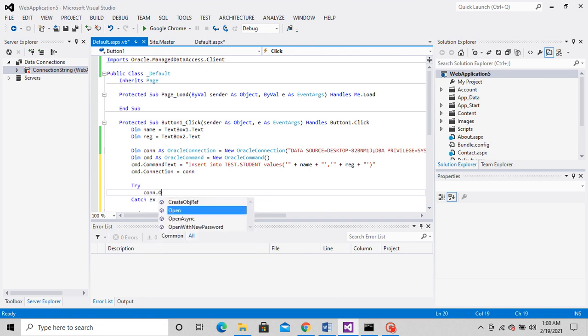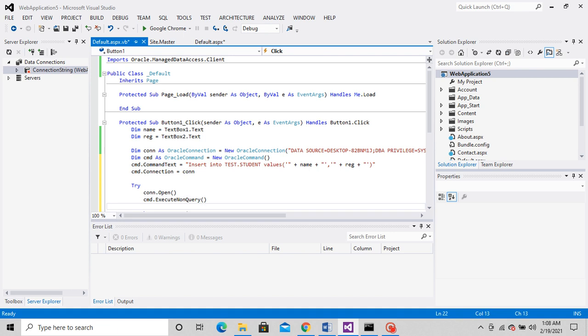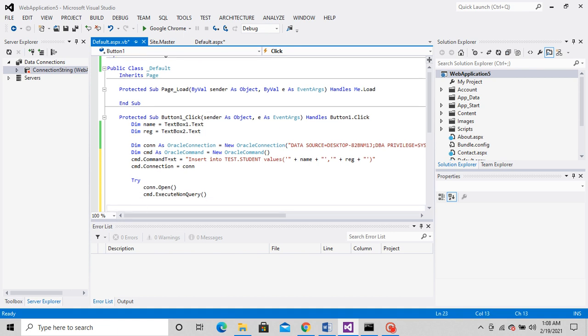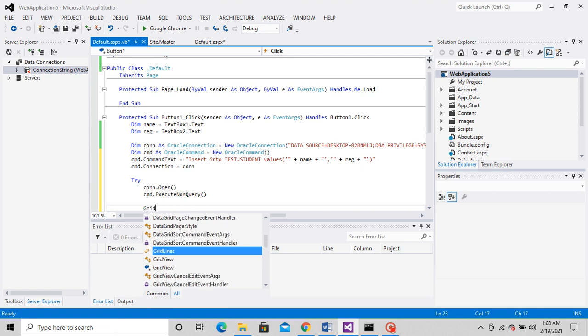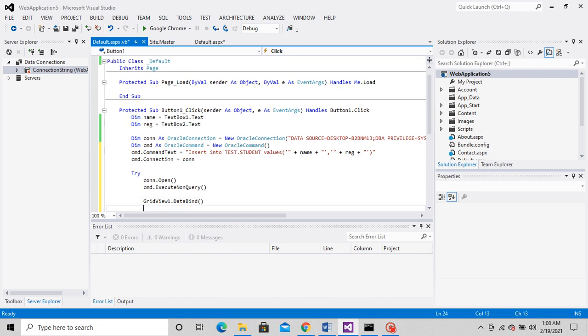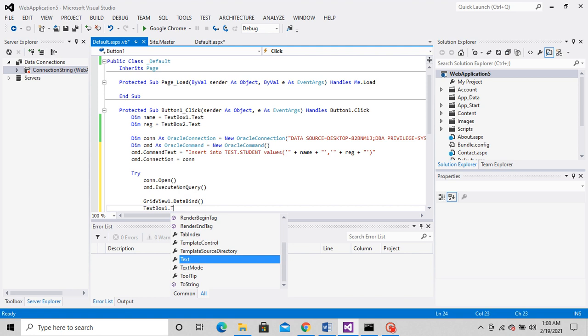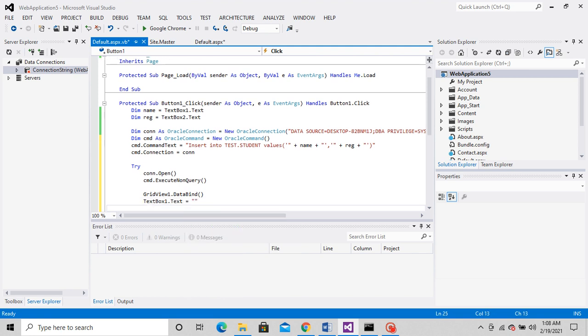I'm writing the code for opening the connection and executing the command inside a try block, because if we face any runtime exceptions, we can catch them.